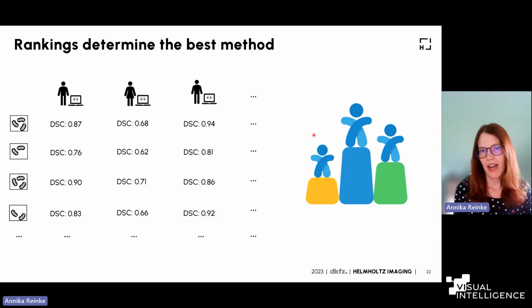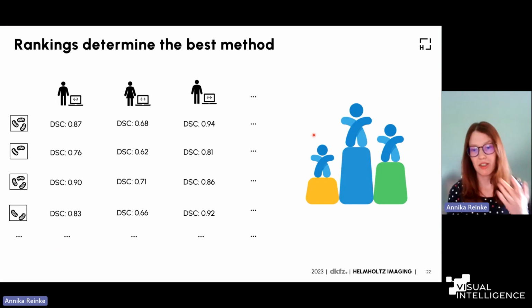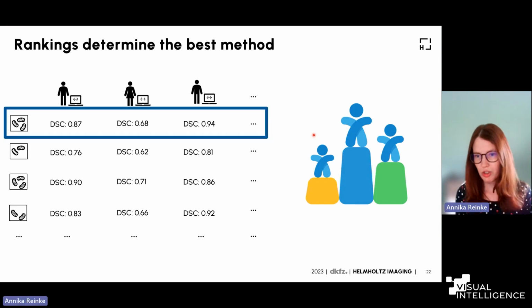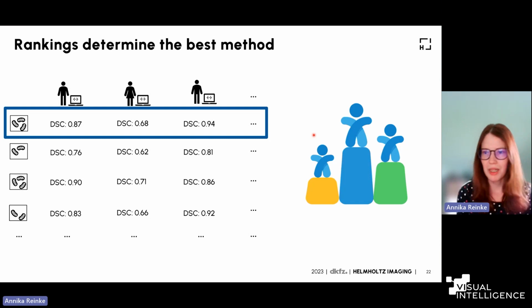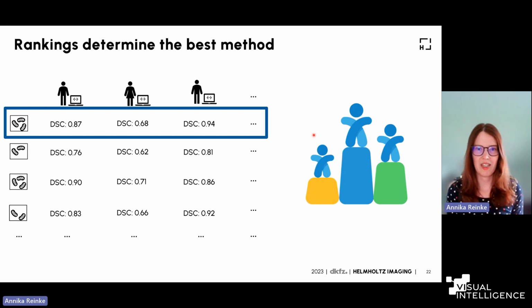So we have different algorithms. Each of them produces one or multiple metric values for a bunch of images. How do we aggregate them? Some metrics do this on their own, but some don't. So do we aggregate per algorithm or per image? Do we use the mean, median, any other metric? It's not so straightforward how we do this. However, we would think if we have an algorithm that is outperforming the others, that is winning a competition, this should be the best no matter how we compute the rankings.